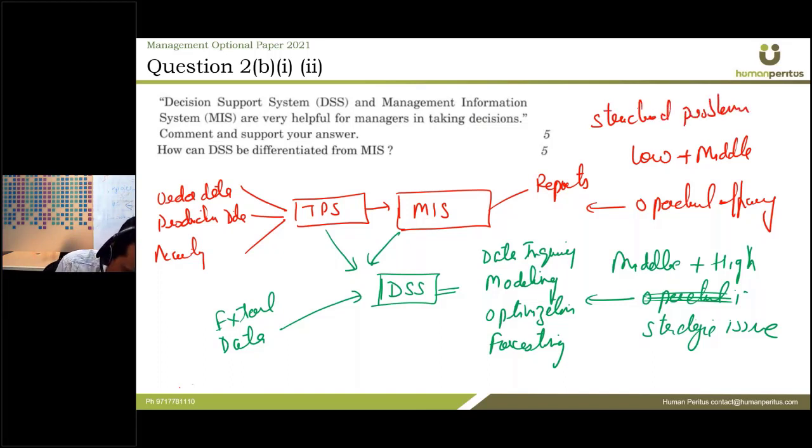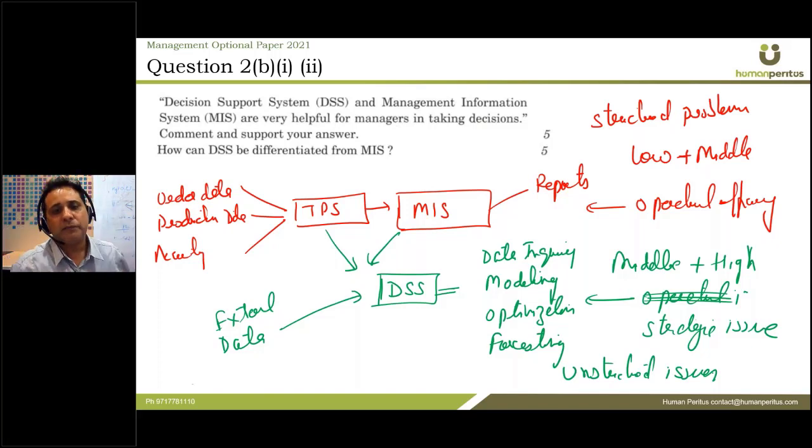On the other hand, DSS is used for unstructured issues. अनस्ट्रक्चर्ड इश्यूज या अनस्ट्रक्चर्ड प्रॉब्लम तुम जो भी लिखना चाहते हो। सो नाउ यू हैव अंडरस्टूड कि MIS और DSS करता क्या है और उन दोनों में क्या क्या डिफरेंसेस है। नेक्स्ट वन,